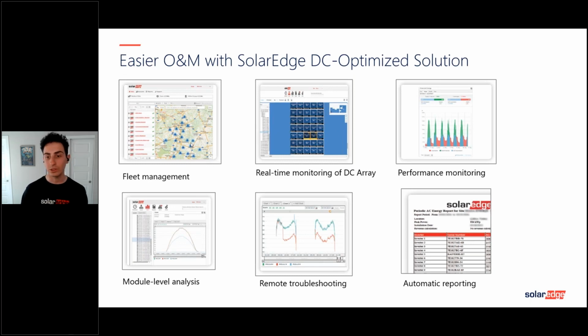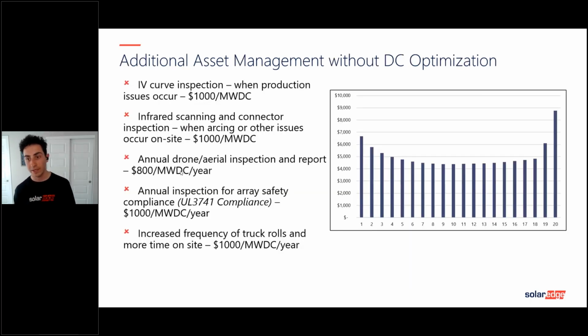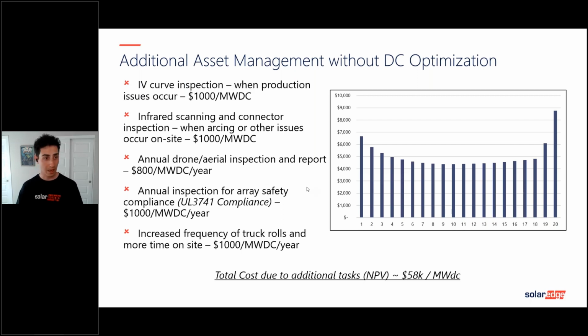The practices that we just mentioned earlier, IV curve inspection, infrared scanning, annual drone inspection, inspections for array safety compliance, all of these have costs associated to them. And what we've done is try to estimate what these costs are in conversations with O&M providers. So for some of these practices that are used only when issues are present in the array, the cost is going to be less during those middle years of a system where it's just experiencing less issues, as opposed to the early life and end of life of a system where you're going to have more issues. So a bathtub curve was used to model the expected total cost of additional O&M tasks for a non-DC optimized solution. And the number we came to was about 6 cents per watt DC over the lifetime